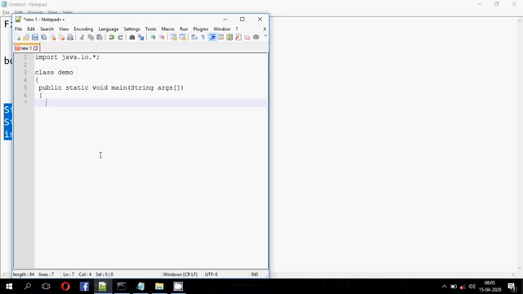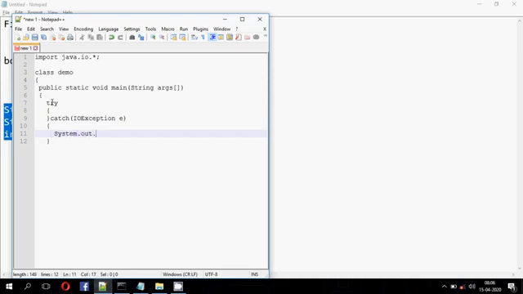That's why here I am using a try catch block, or you can use a throws clause here: public static void main, and then you can write here throws IOException, or here a try catch block will be used. Here try, then catch, the exception is IOException e, and then here the e object is displayed in a print method.